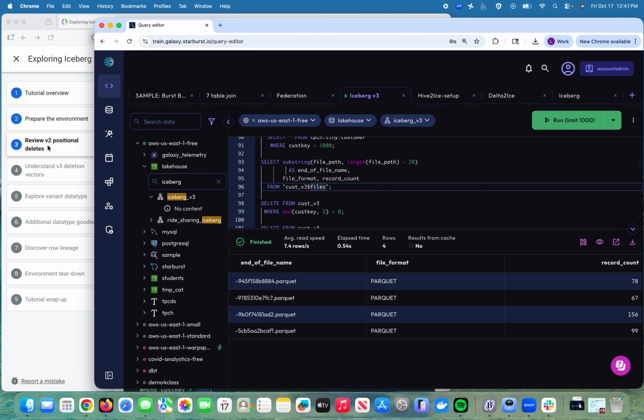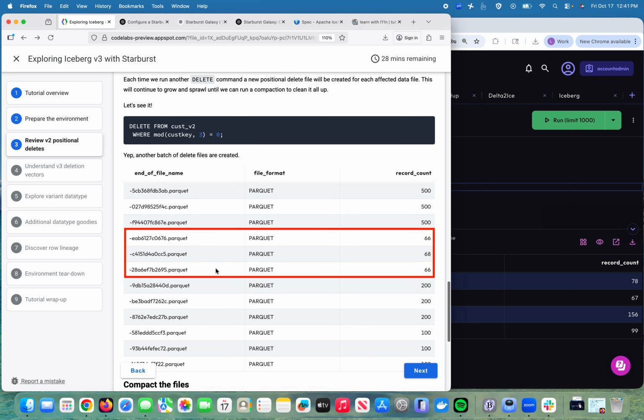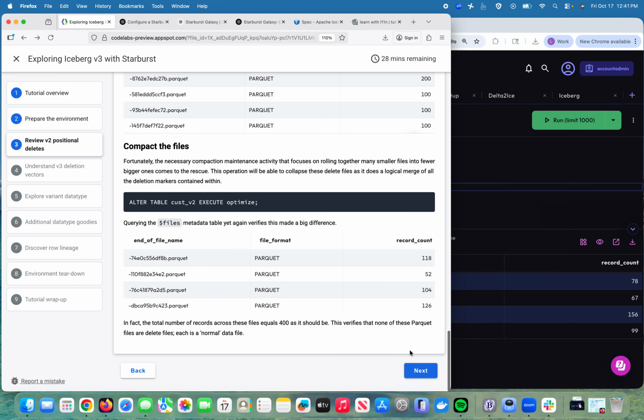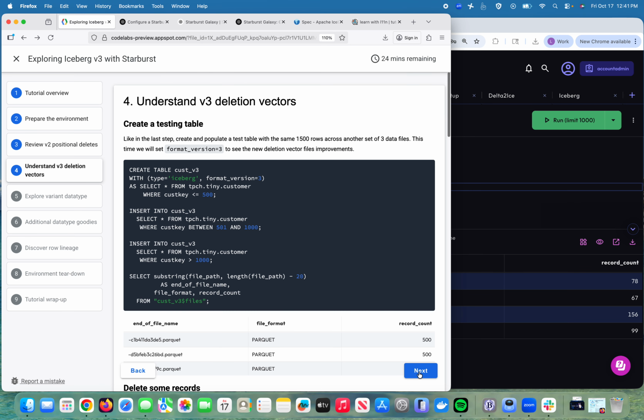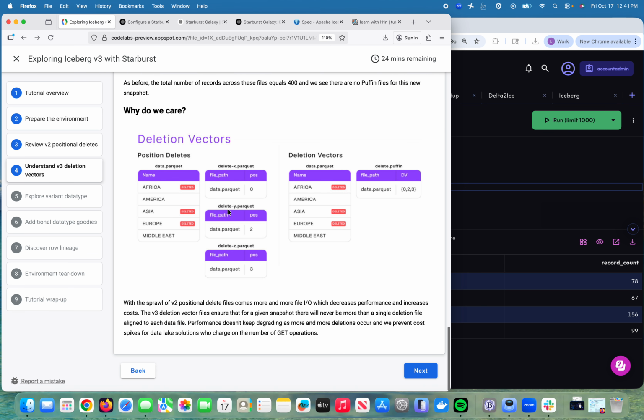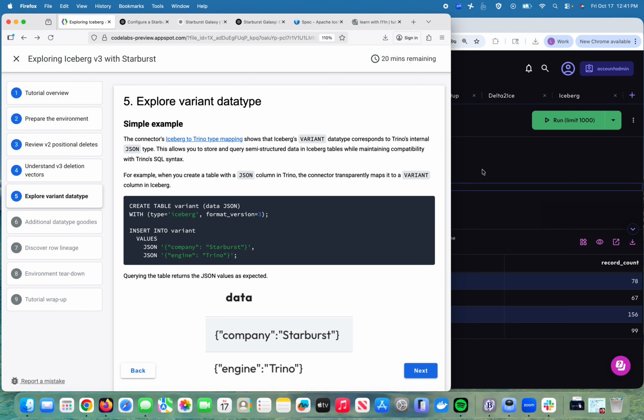All right, so I think we made it through the positional deletes. Checking my notes. Yeah, nothing else I wanted to show there. What else can we do? Oh, there was the V2 and the V3. So there we go. There's examples, good stuff, good pictures that kind of reference what happened there. All right, what else is going on? Well,